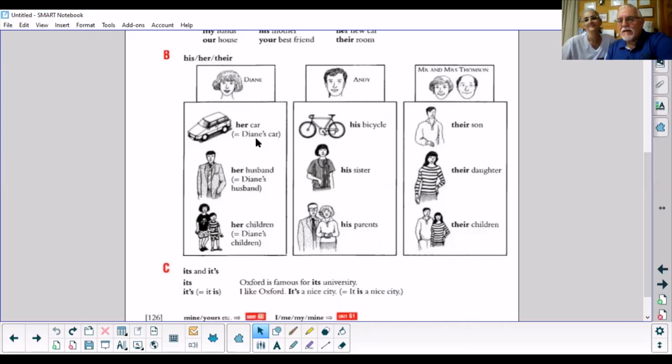And Mr. and Mrs. Thompson, their son. Mr. and Mrs. Thompson's son. Good. Their daughter. Mr. and Mrs. Thompson's daughter. And their children. Mr. and Mrs. Thompson's